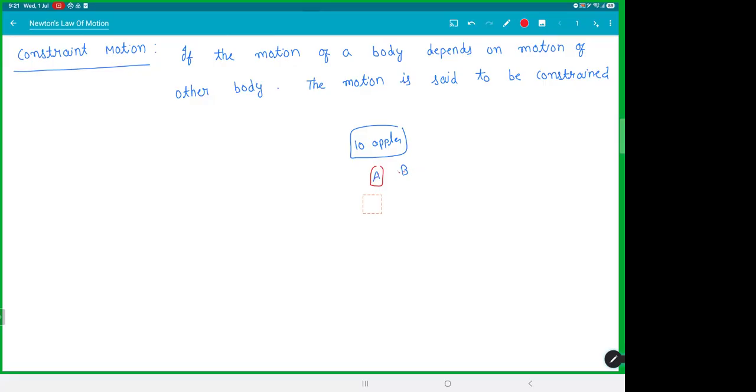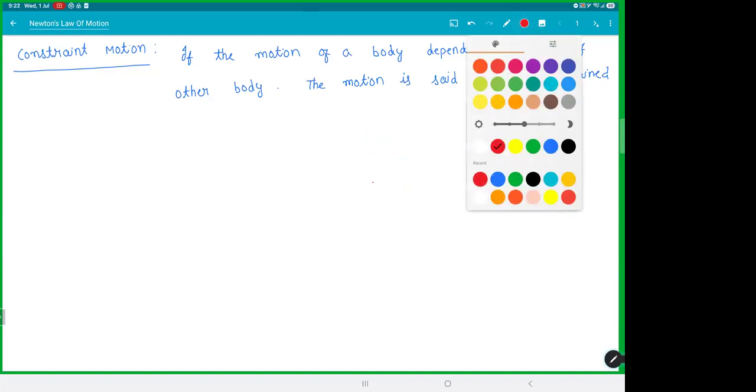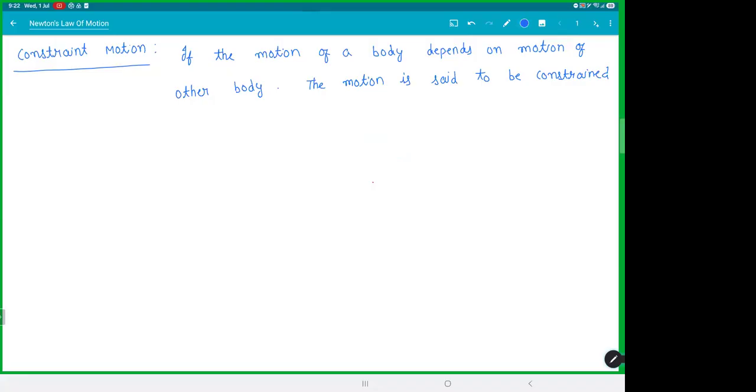Suppose if I say there are 10 apples, I can give any number of apples. So if I give A 3, B can be 0, 1, 2, 3, 4, 5. You have options, right? So that is the meaning of dependent and independent. So the moment you decide the value of one guy, and if that decides the values for others, they are dependent on each other. So example,